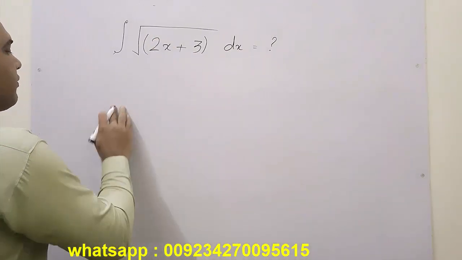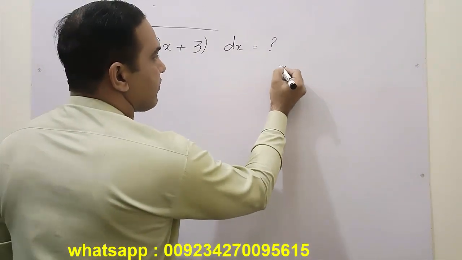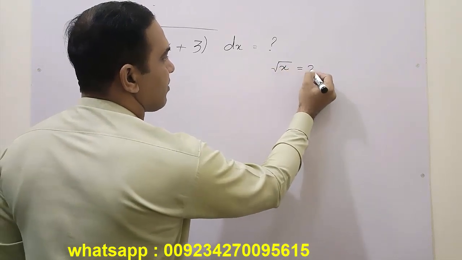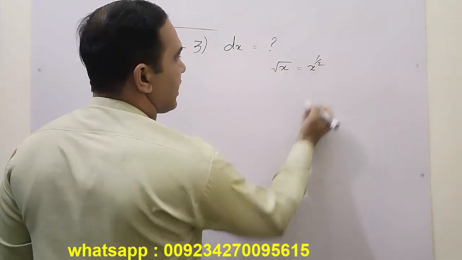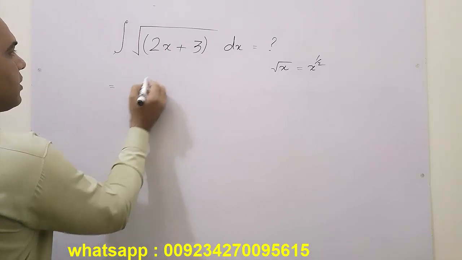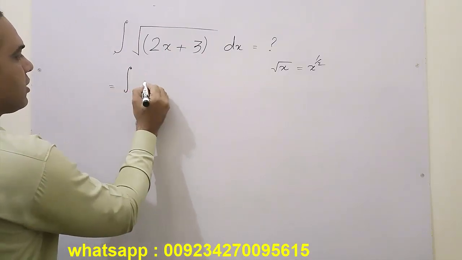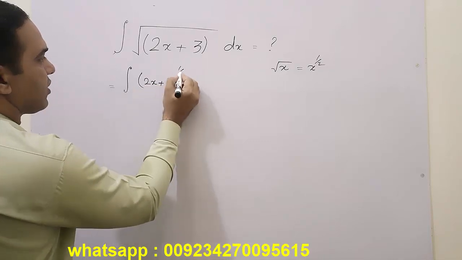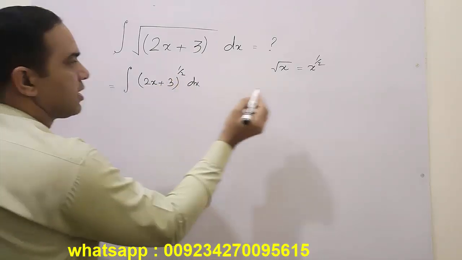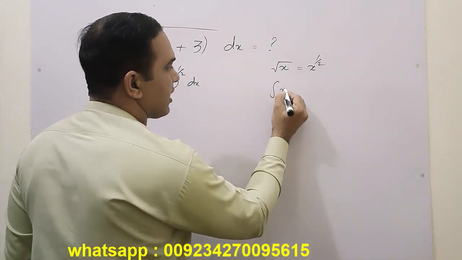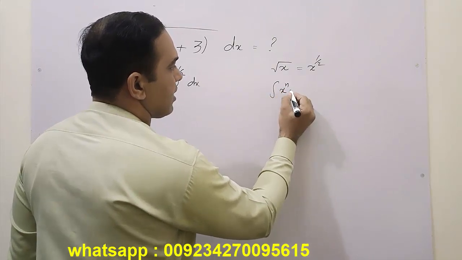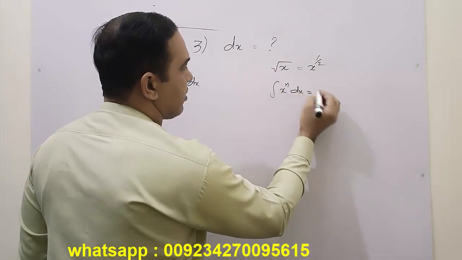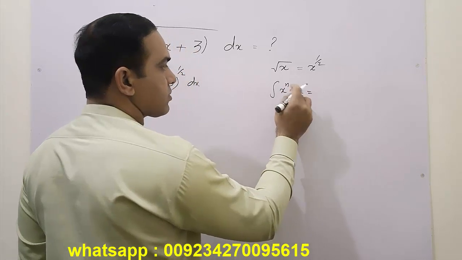How? First of all, if any function has a root, its power will be 1 over 2. Clear? Now, (2x plus 3) raised to the power 1 over 2 dx. Now apply this formula: integral of x to the power n dx. Now it will be